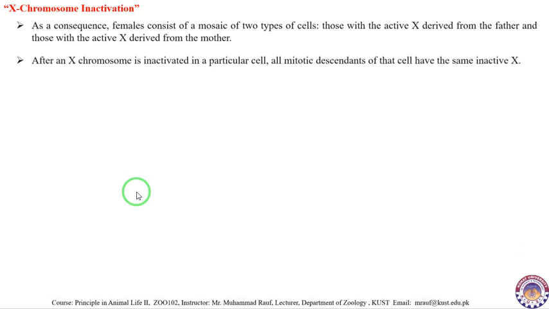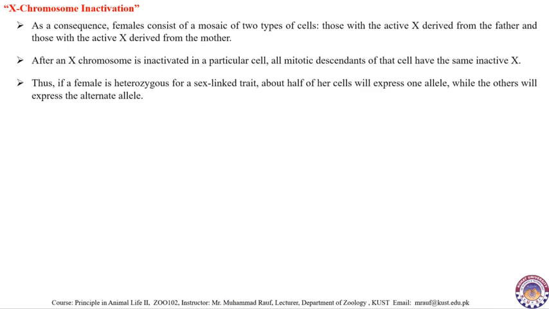But remember one important thing here: at the time of X chromosome inactivation, as we studied in the last slide, this decision is random and independent, taken by every embryonic cell. But once a cell has inactivated a particular chromosome, suppose a chromosome from the father, then all the descendants of that particular cell will have the same chromosome inactivated which was received from the father, and the same is true for the mother.